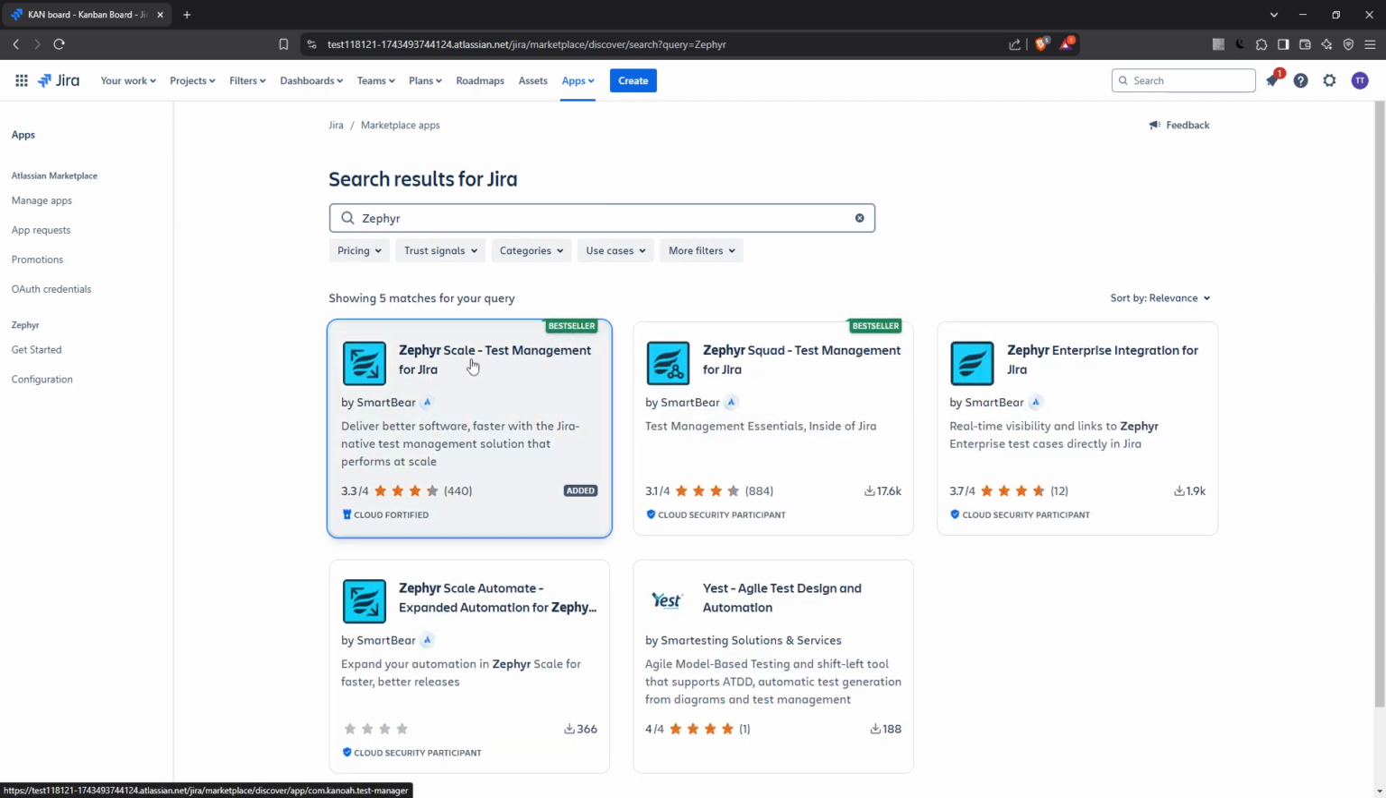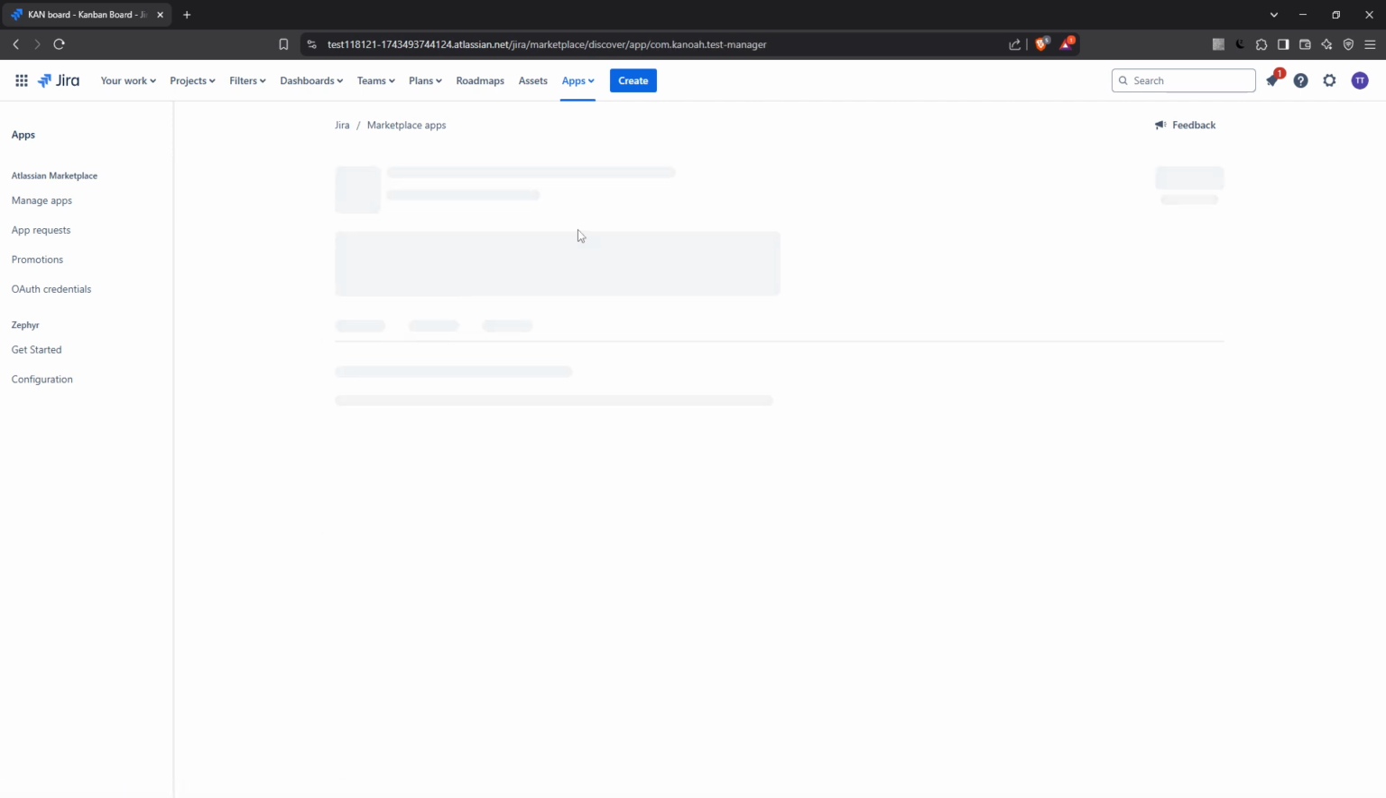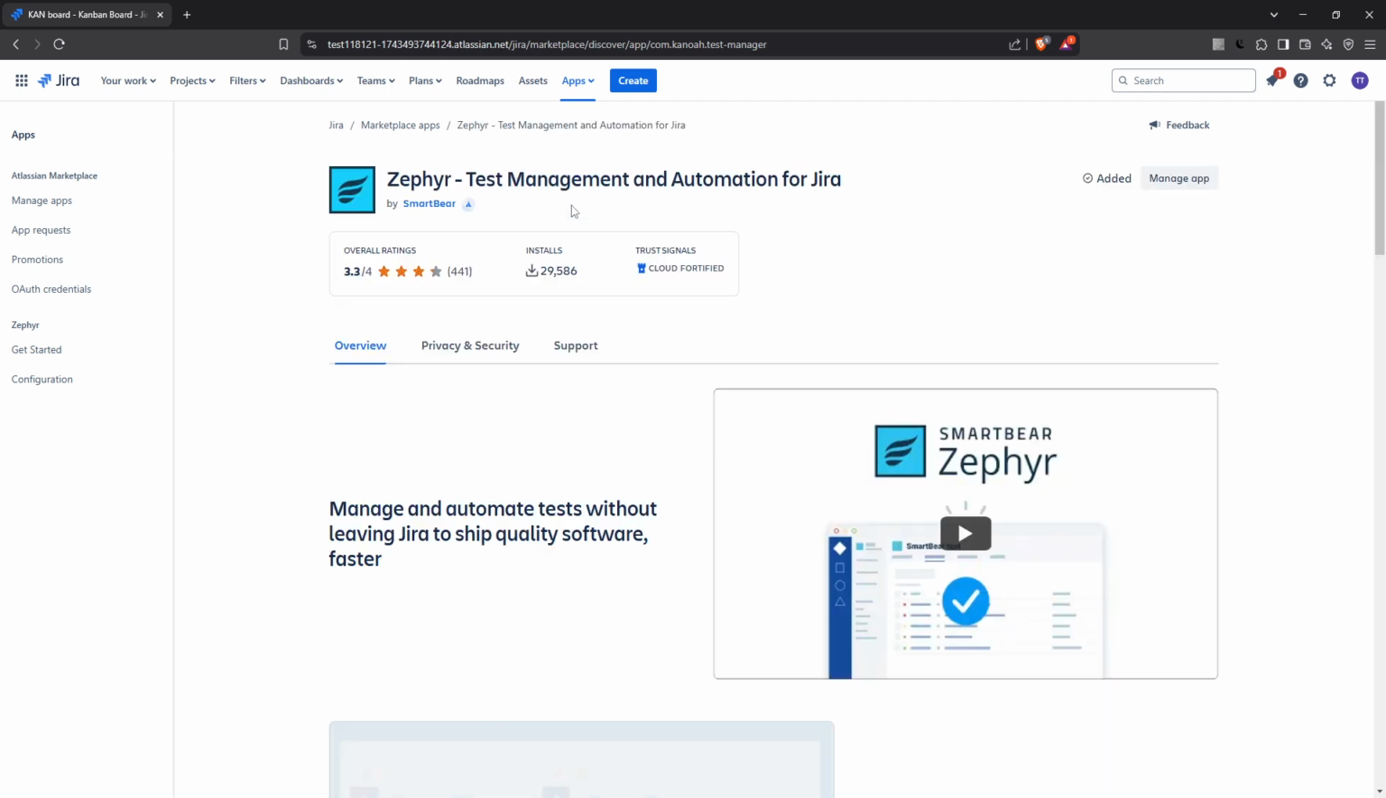Once you've located the app, click on it and you'll be presented with options to either try it free or to install the plugin directly. If you're the cautious type, opting for the free trial is a great way to test if Zephyr meets your project's needs. The installation process is straightforward and Jira will guide you through the necessary steps, activating the plugin within